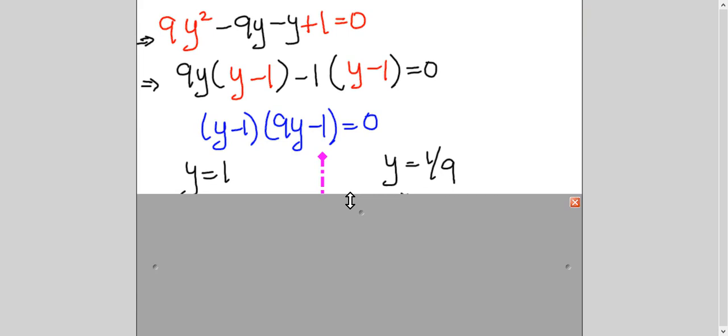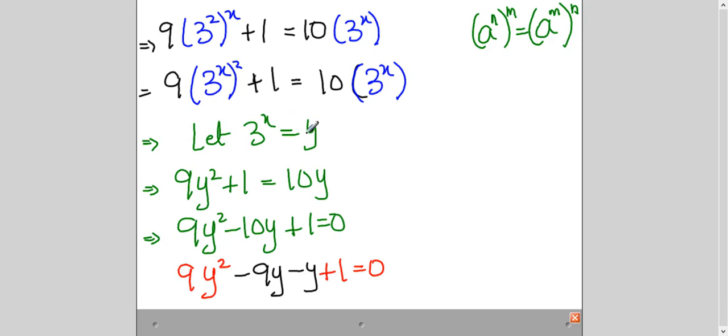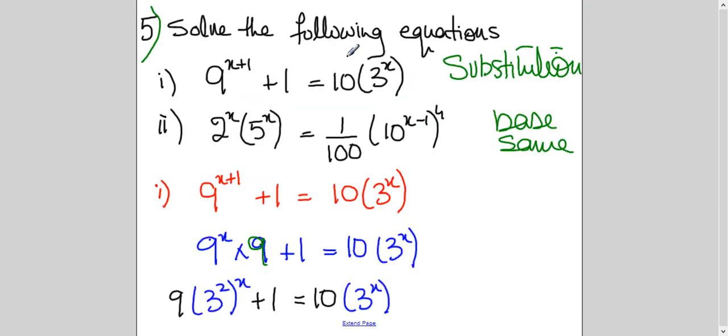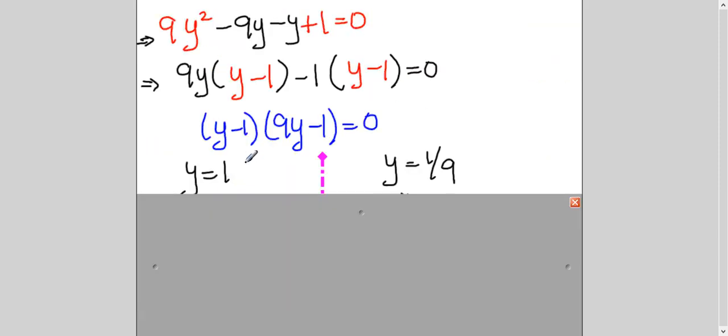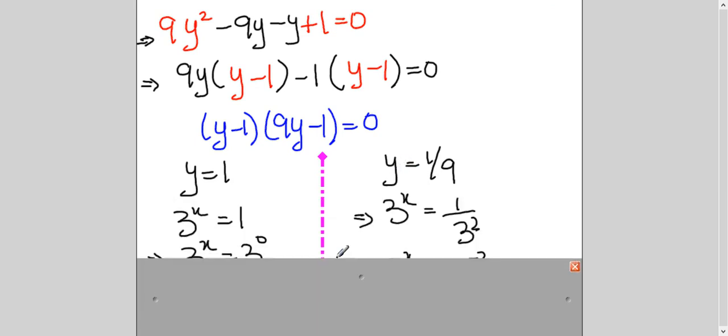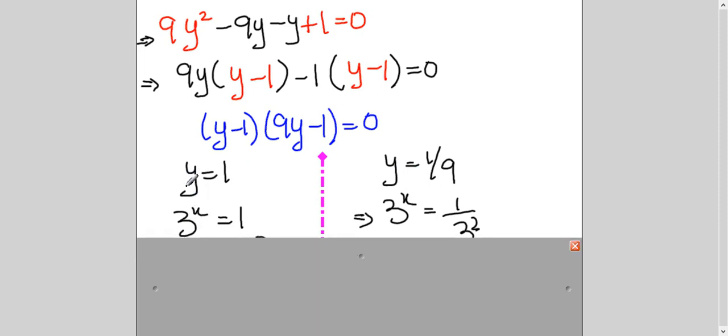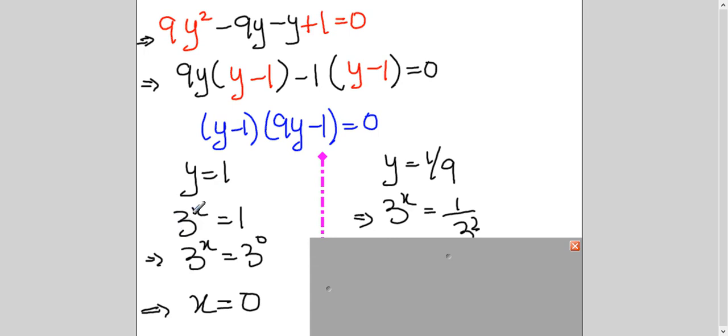Now, common mistake. Remember, the common mistake is that students stop here. They think they've gotten the answer. They totally forget that actually this was a substitution and the actual question has x. And they were supposed to find out the value of x. So once you get this, please recall what you had substituted. Put it back here. So y was actually 3 power x, right? So in place of y, write down 3 power x. Now let's solve this first and then we will come to here. Okay. So 3 power x.